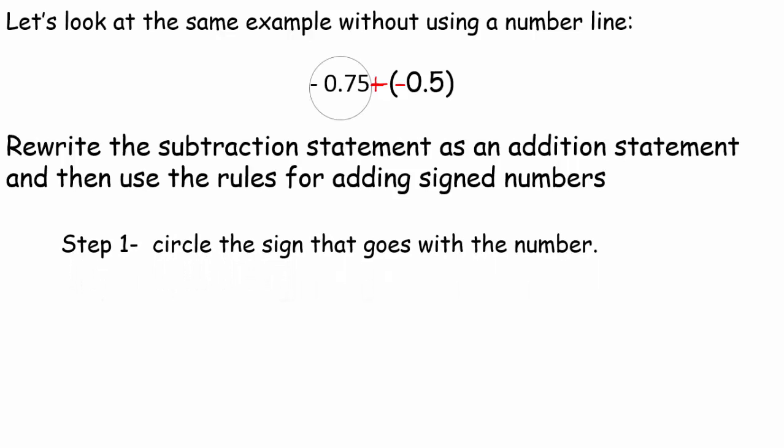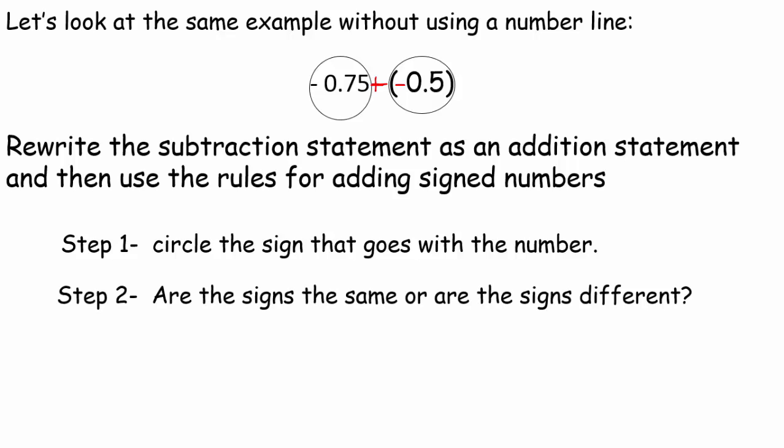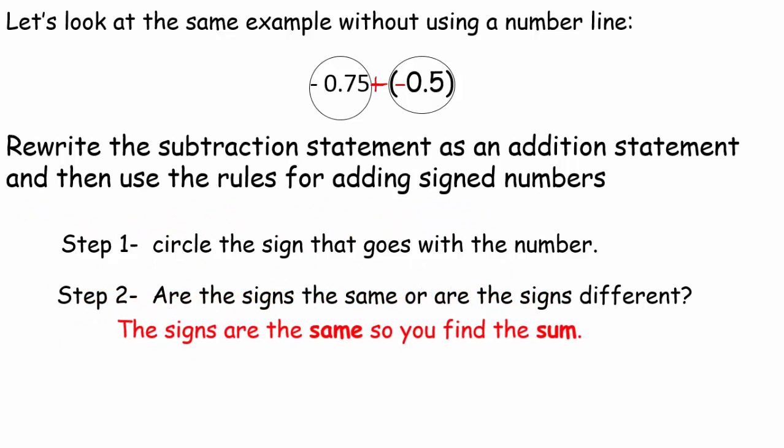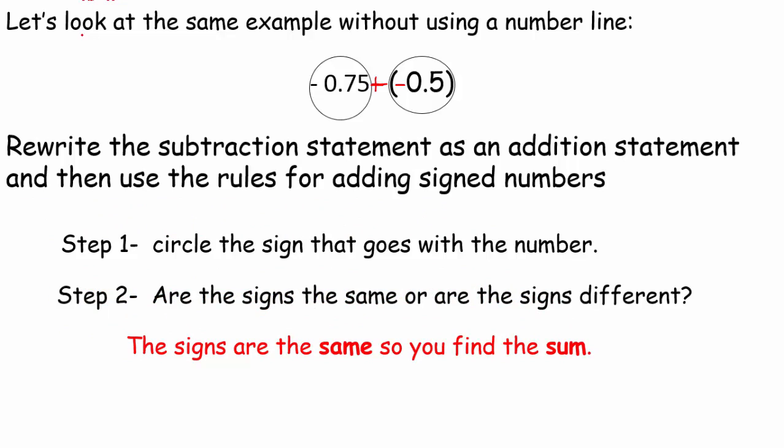Next step is circle the sign that goes with the number. Well, that first sign in front of the first number is a negative, and now the sign in front of our second number is a negative. Are those signs the same or are those signs different? Those signs are the same. So we're going to find the sum. So off to the side, I'm going to find the sum, which means I'll add